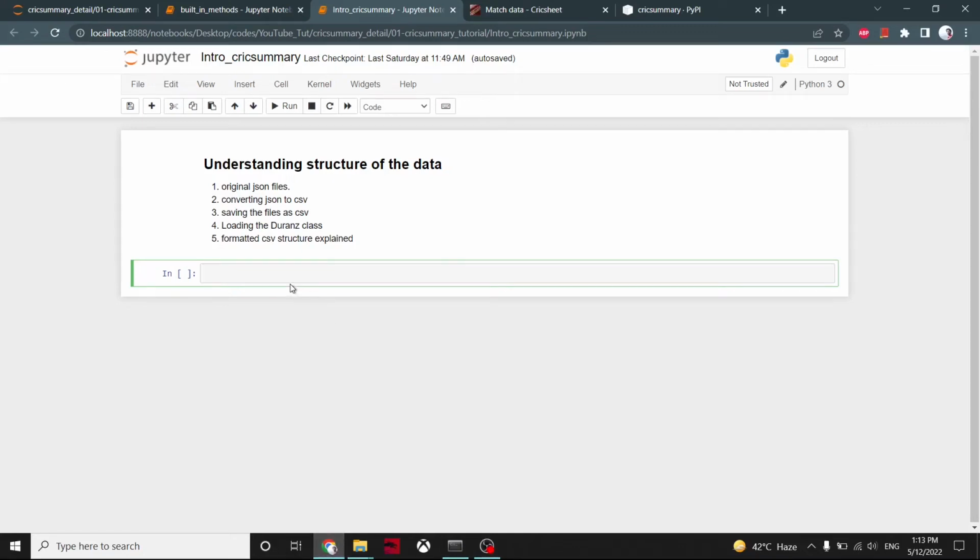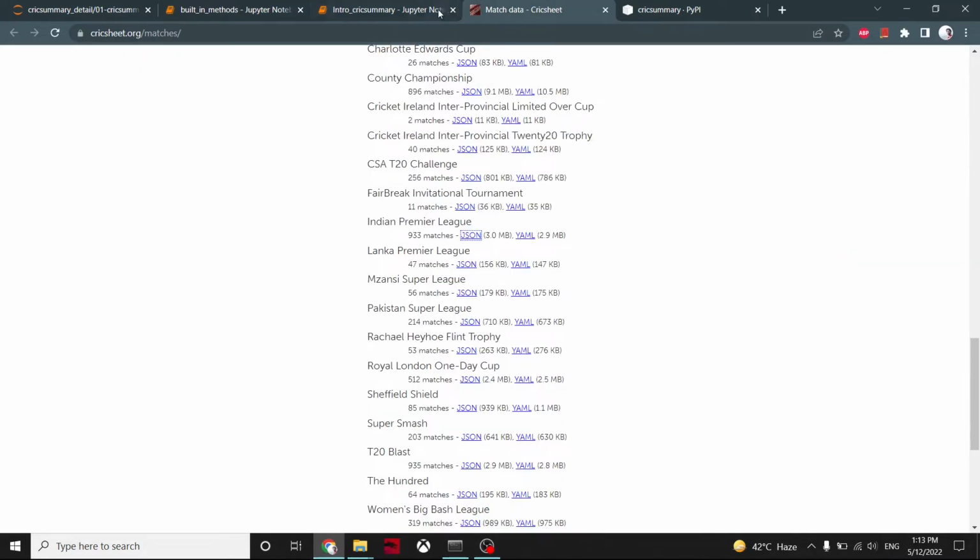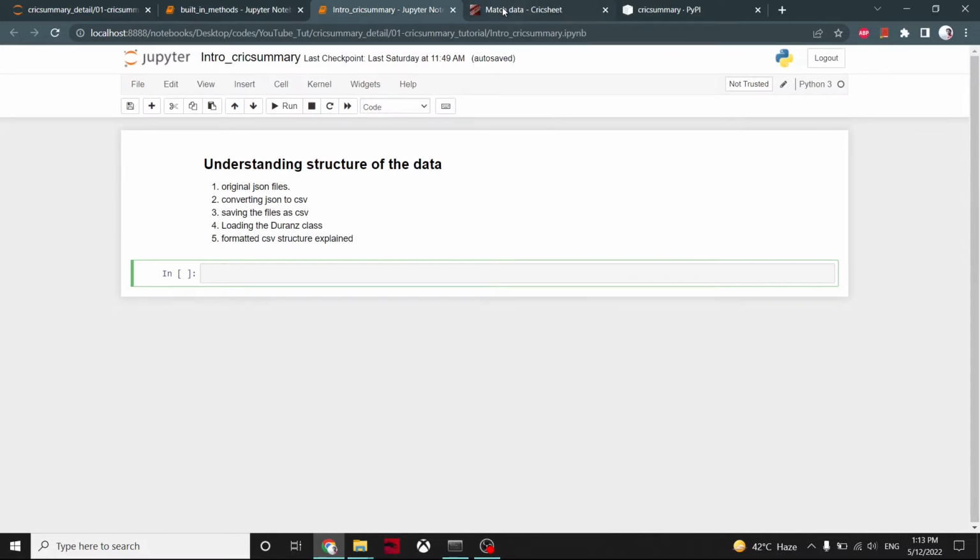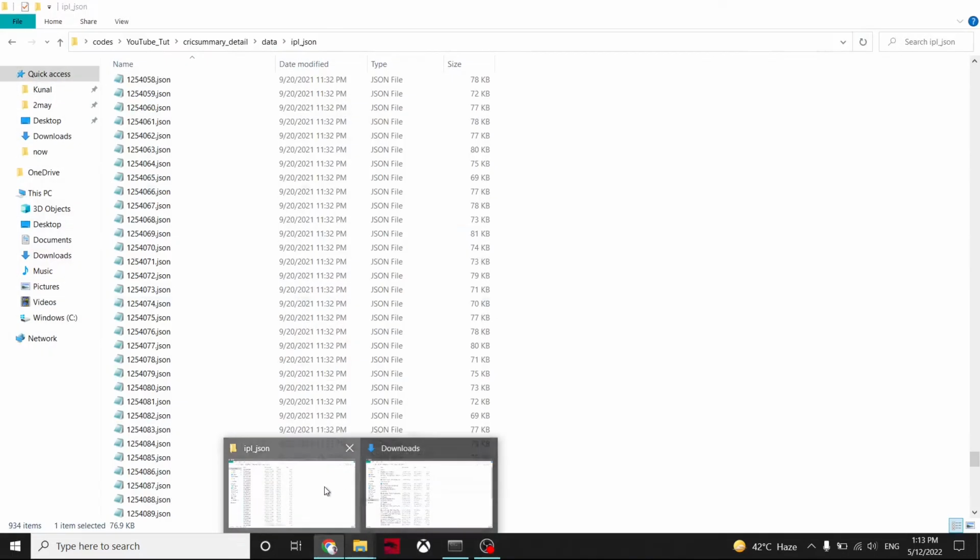Alright, so in this part, we'll understand the structure of the data that they are providing. Who are they? Cricsheet. They are providing ball by ball JSON data for every match. So now we'll check out how that data is structured, and then we'll start to